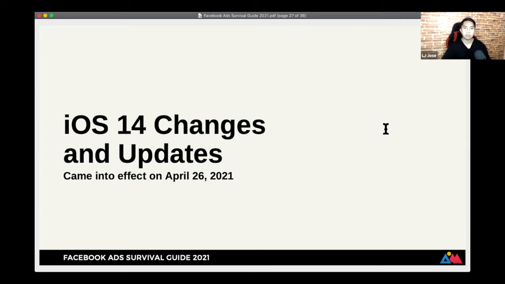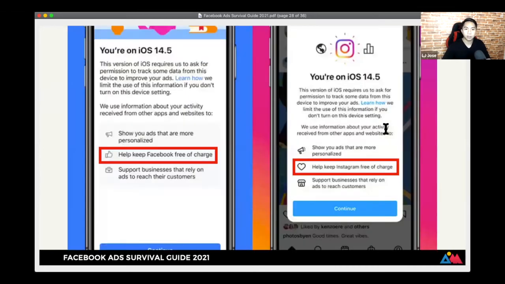And some of these changes kasi are very applicable lang if you're using a website or an app for your ads. Okay, so this is an example of that. So the iOS 14 changes is that it gears towards privacy. Okay, Apple is pro privacy. They want the user to have more control of their privacy when it comes to their devices, their Apple devices.